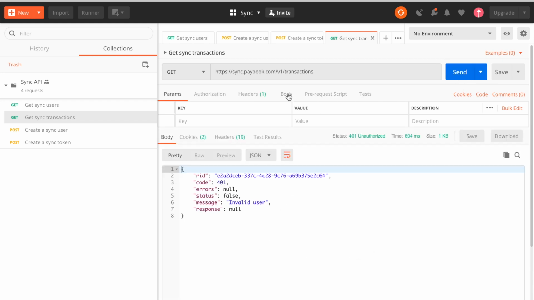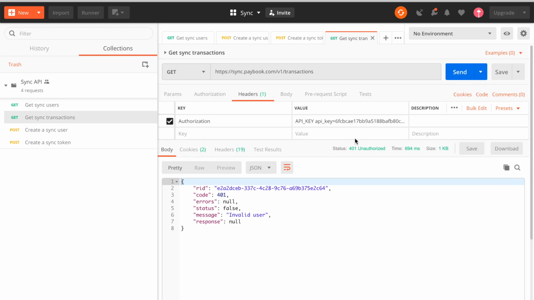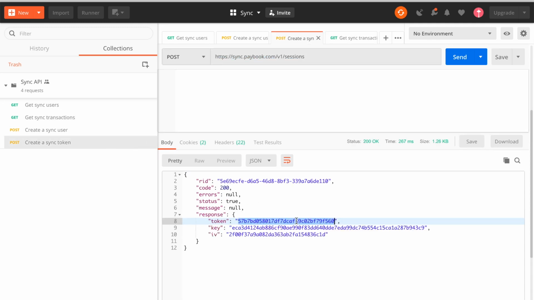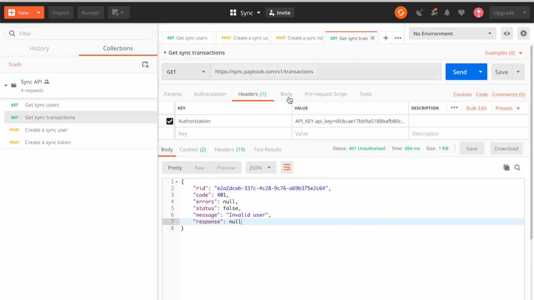So okay, there is an invalid user headers. Okay, it means that in order to use this endpoint I will need to use a token. So I am gonna be using this token and authorization token. Let's do it that way,